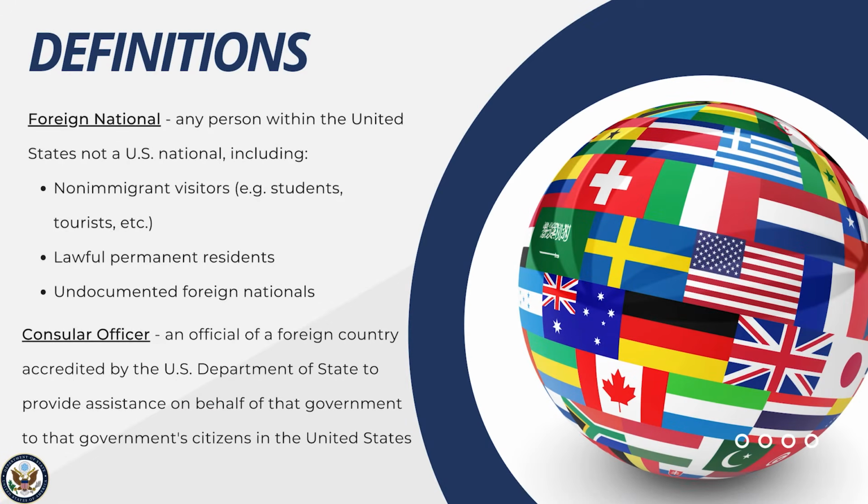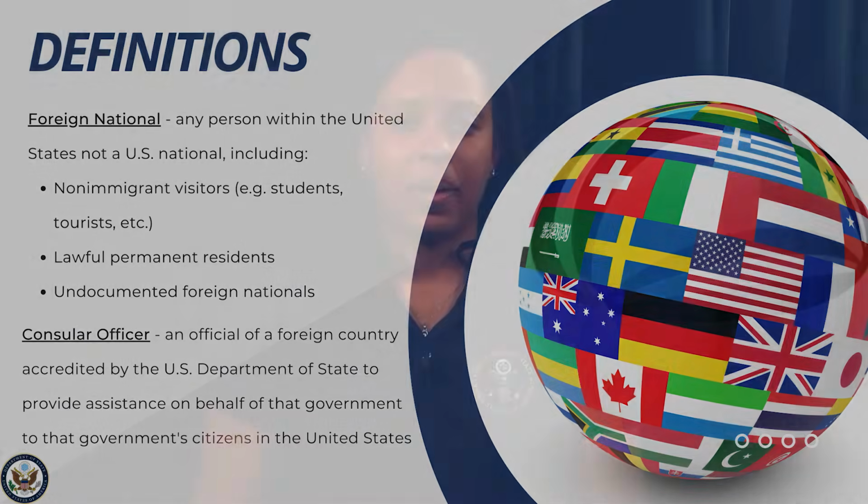Consular notification and access obligations apply to all foreign nationals in the United States. So, who is a foreign national for CNA purposes? Well, it's any person who is not a U.S. citizen. This includes short-term visitors, lawful permanent residents or green card holders, and undocumented foreign nationals. By the way, many U.S. citizens also have another nationality. Consular notification and access obligations technically do not apply to dual national U.S. citizens. However, for dual nationals, we still ask that you notify the consul of the other country as a courtesy. Our U.S. embassies abroad want to be notified when U.S.